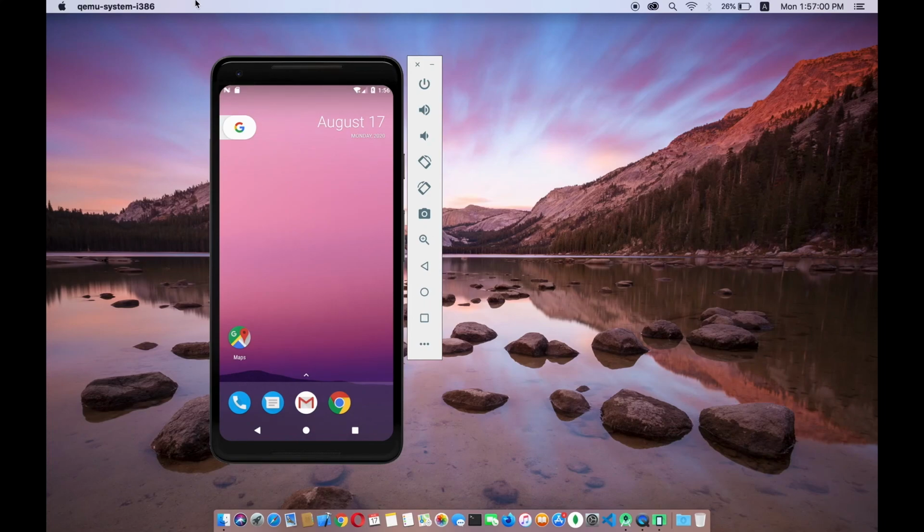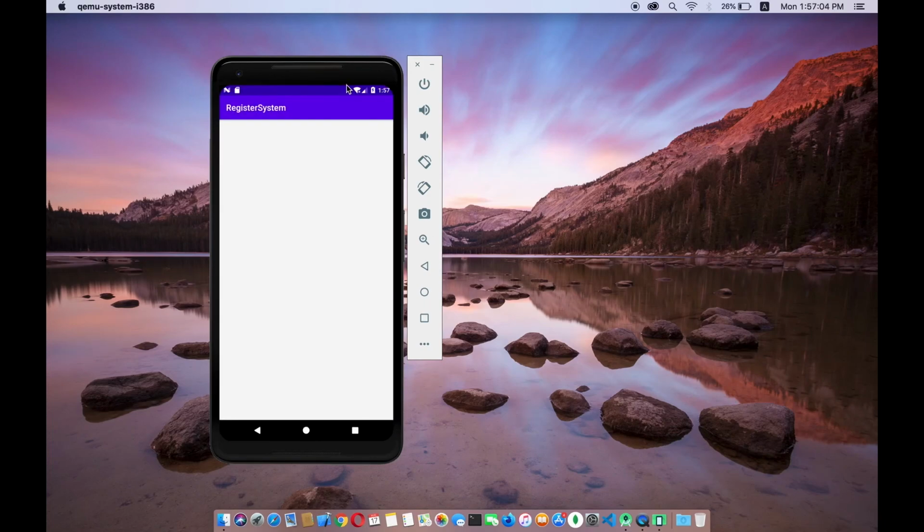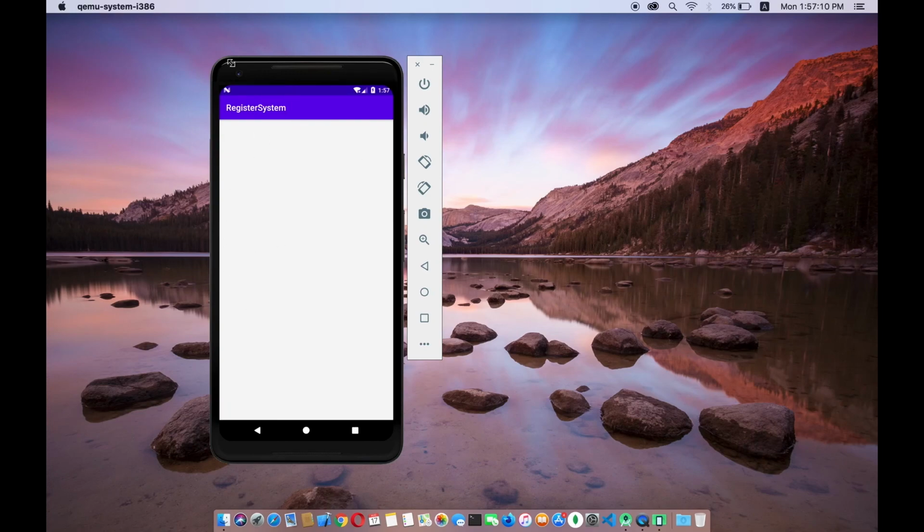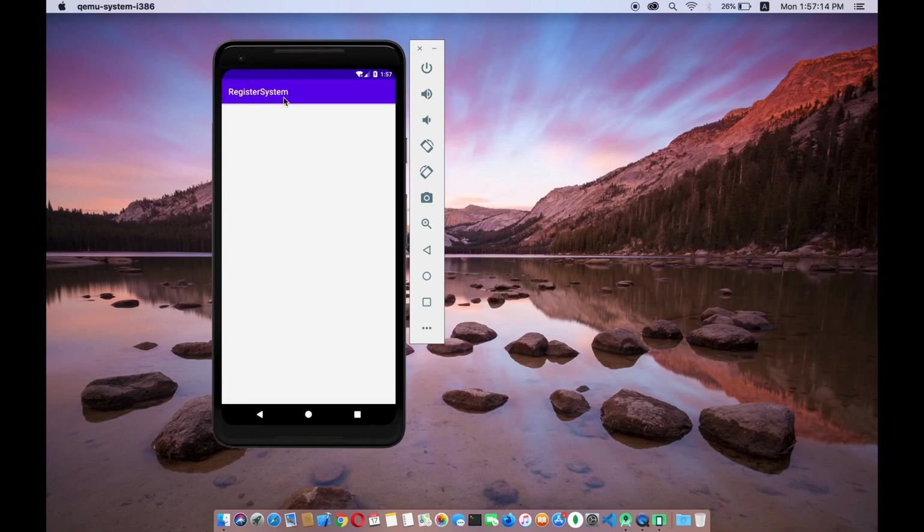See, our device has started, and it is just like any other Android smartphone with all the necessary stuff. And yeah, we have our Android application here with the name register system, and you can see that it has a very colorful layout.